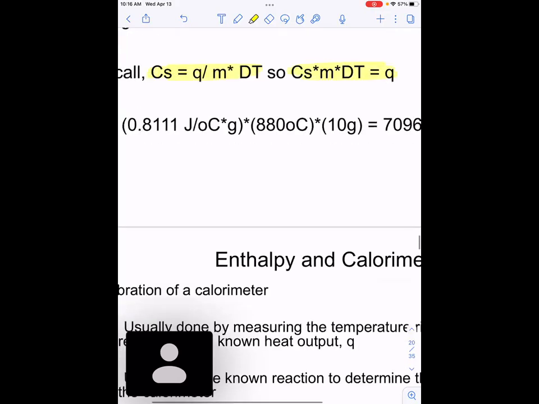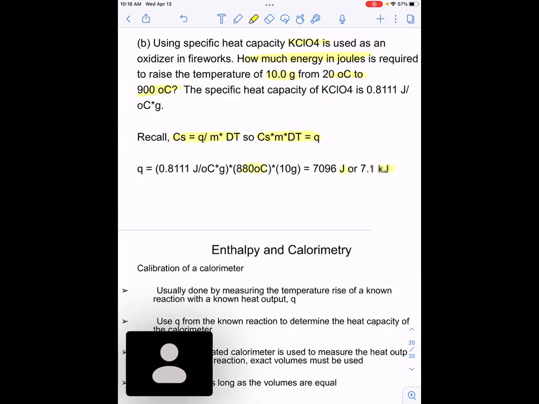So delta T is here, 880. We get that from subtracting T final minus T initial. T final is 900. T initial is 20. So we subtract those numbers to get delta T, which is 880. And then